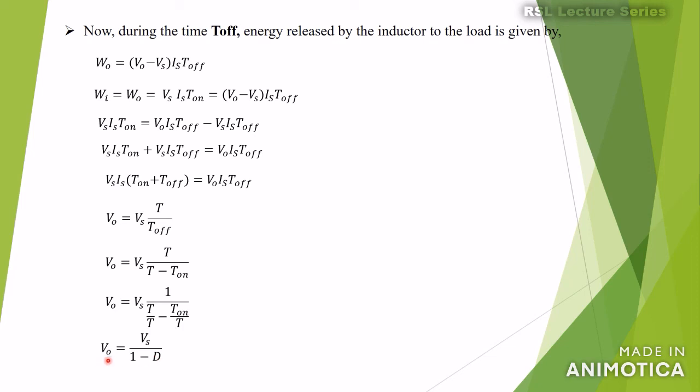If we consider any value, for example Vs is equal to 6 volts and D is somewhere between 0 and 1, let us take an example of 0.5. Then 6 divided by 1 minus 0.5 is equal to 6 by 0.5, that will be equal to 12 volts. So output V naught is 12 whereas input is 6 volts. So V naught is more than Vs. In the case of a boost converter, the output is always greater than the input voltage. Hence the name step up chopper or boost converter.